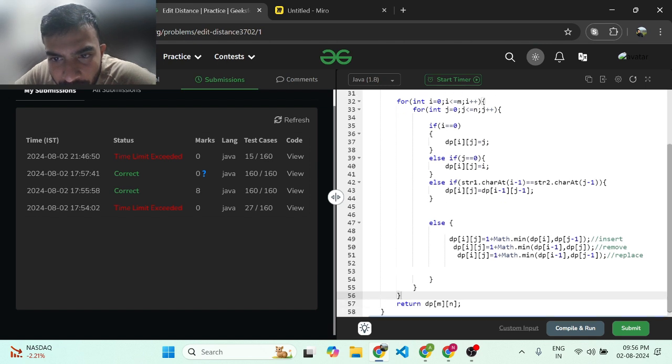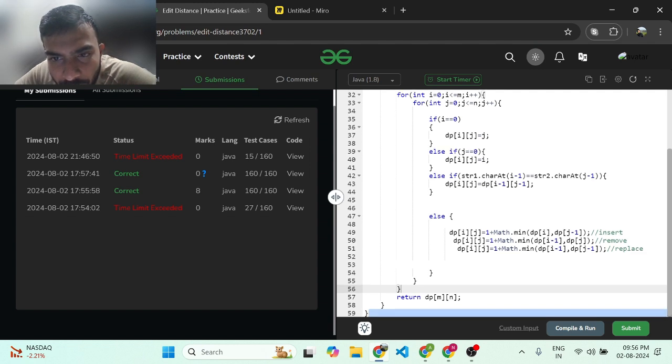In the else if, we are checking whether the character at str1 dot charAt of i minus 1 equals str2 dot charAt of j minus 1. Okay, dp of i and j equals dp of i minus 1, j minus 1. Okay, and lastly we're going to check the else part. In the else part, what you can see is dp of i and j equals 1 plus math dot minimum of dp of,